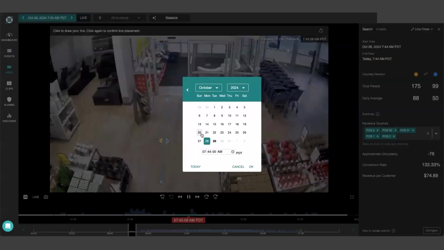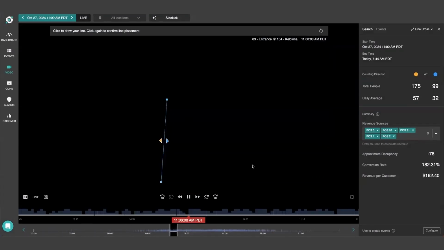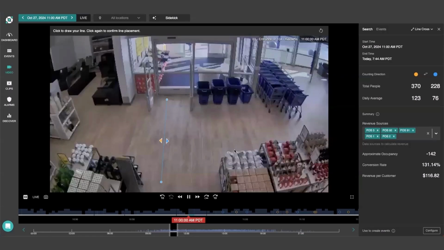So let me just show you how we do that. I can go back and select a date. I'll go back one day even. I could go back multiple days. We'll go back to 11 a.m. And let's draw our line near the entrance because there's something else I'd like to show just regarding how we